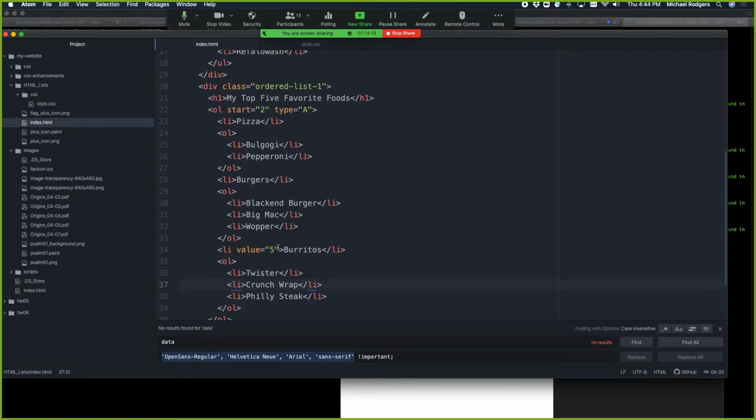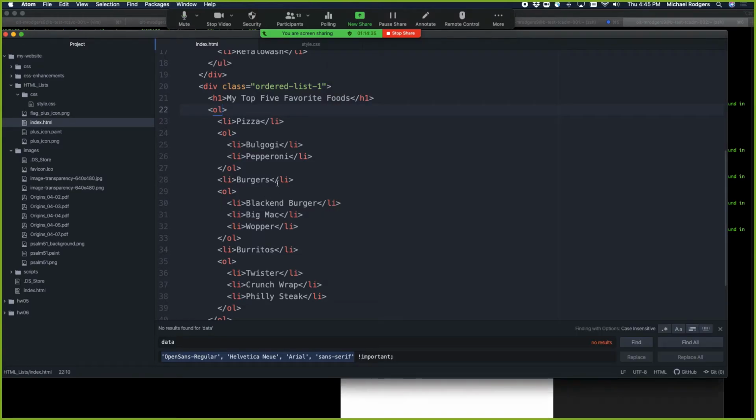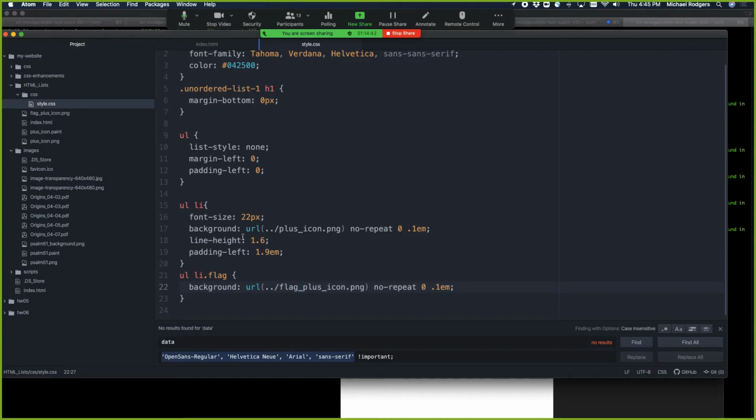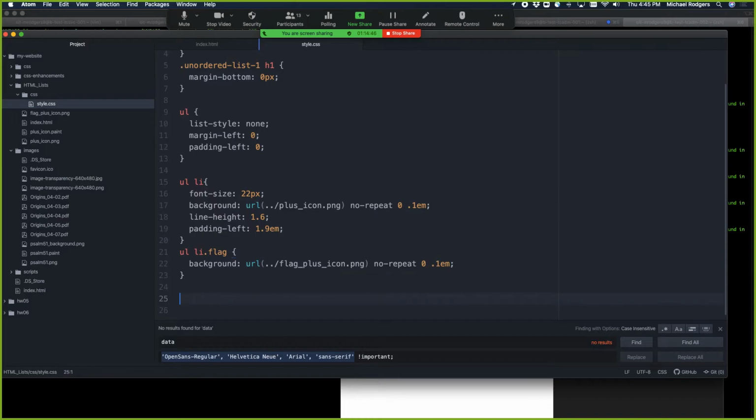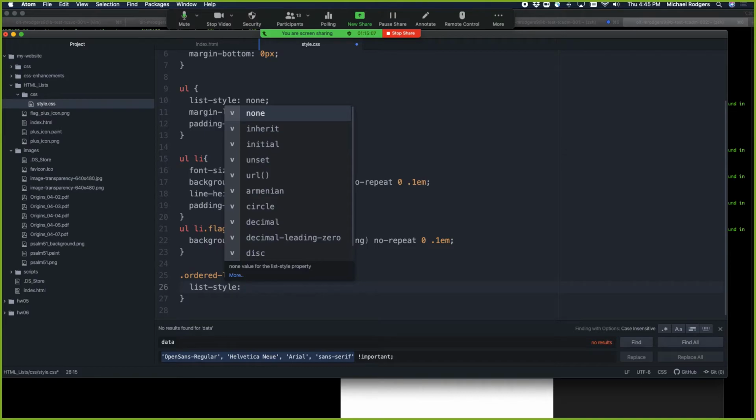All right. We'll take out the value markers here, and we're going to take out all of this because we're going to specify the style of our ordered list through CSS. All right. So if I refresh this, we have kind of this lineup, right? So we have ordered list 1. Let's see. I'm going to say dot ordered list -1, and the OL for this is going to be a list style of